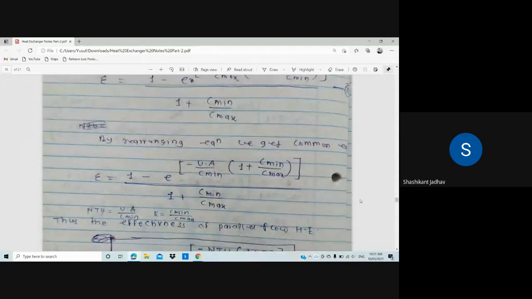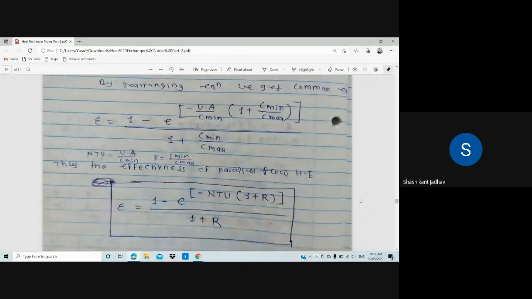Okay, so from these two equations we get one common equation by rearranging the equation. So in that manner we have to write down the equation, by rearranging the equation. We get the common equation. So all of you write down epsilon is equal to 1 minus e raised to